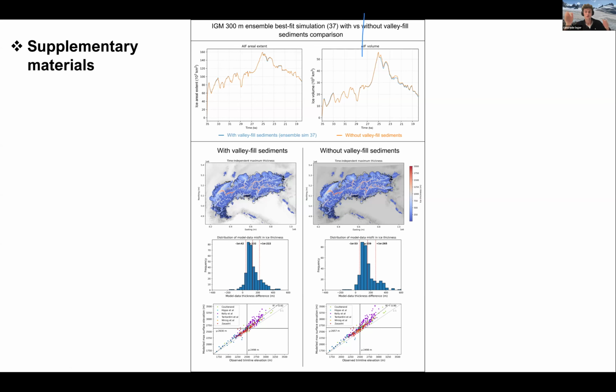So these are the two extreme cases of pre-LGM conditions, right? The full volume of valley fill sediments and the whole volume removed. And we still get very similar results. The truth was probably somewhere in the middle and at different ranges between different valleys, but the impact on